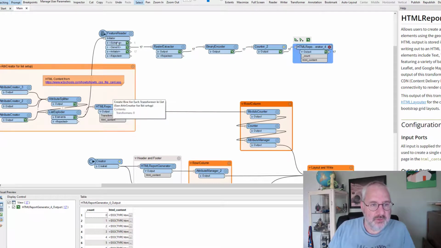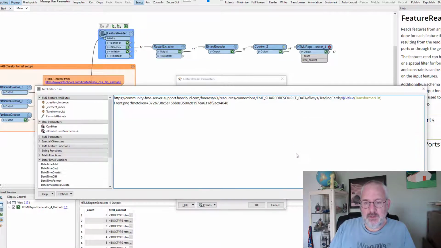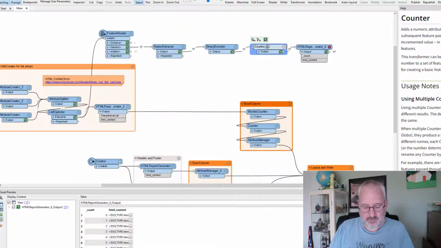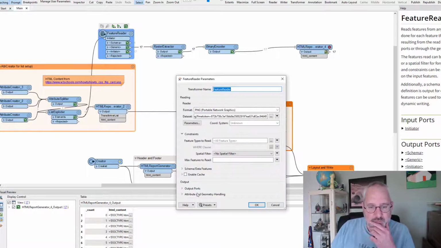Somehow I got to, let's see, we're reading the front. How is it reading the front? Because in here it says front, and I need to read the back as well. So I think what I'm going to have to do is, we've got a transformer list, that's the name of it. So what I'm going to have to do is, can I pass through